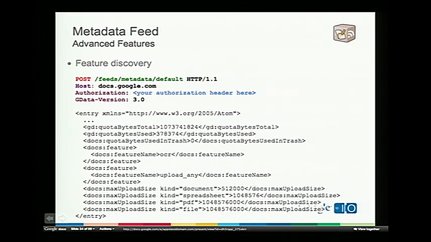We didn't really have a great way to determine that, but what we launched recently is a metadata feed, and it's read-only. What you get back is fairly simple. You send a post request to the metadata feed URI. It's a private feed, so you're going to include an authorization header and then a version number. So we're talking to version 3 of the API with that GData version header. And what you get back is just an entry with a bunch of metadata and properties and features of the